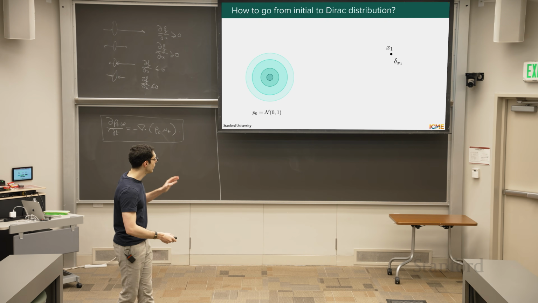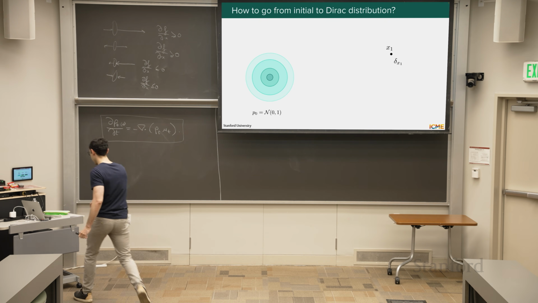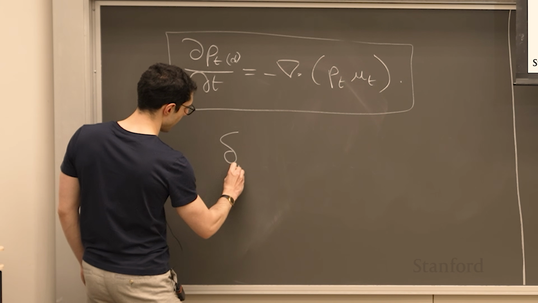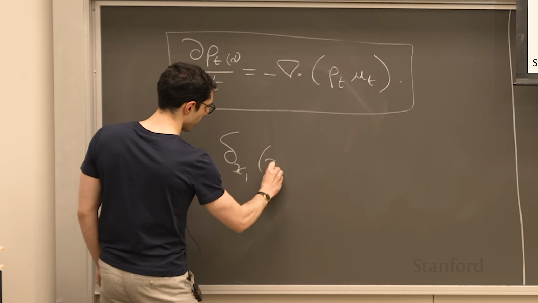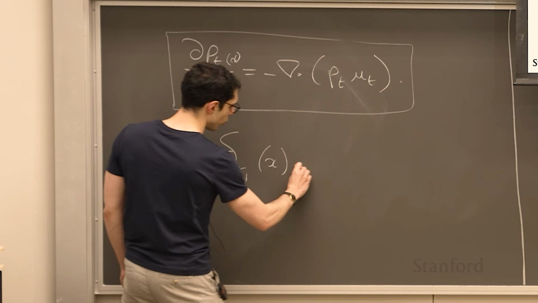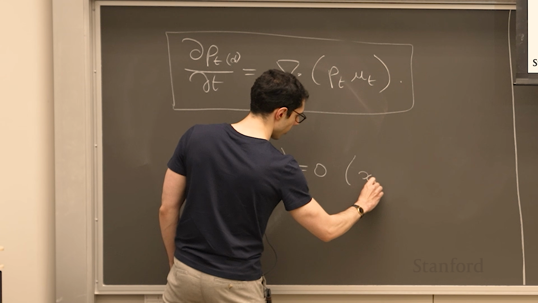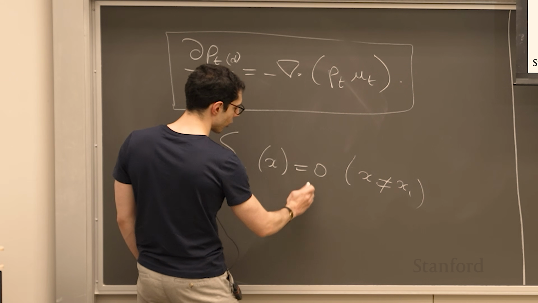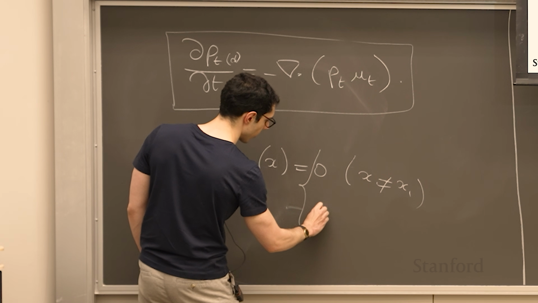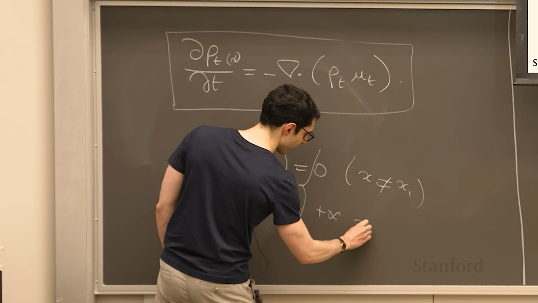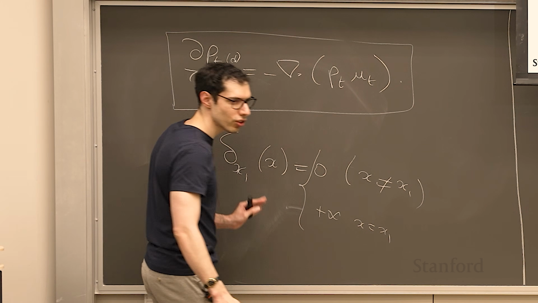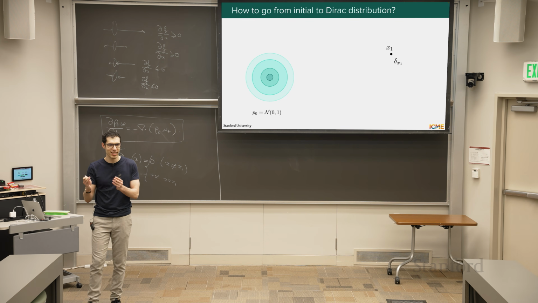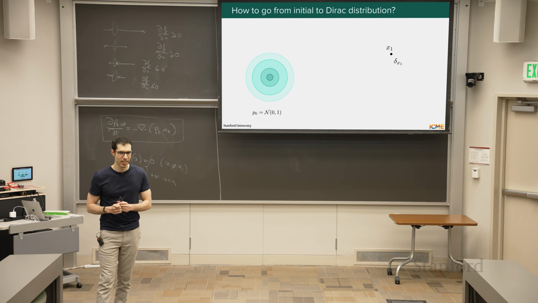So here, delta x1 of x is going to be 0 if x is different than x1. And otherwise, it will be actually a very high number. So typically, people say, let's say infinity. But of course, it's infinity, but the integral of this distribution, like the density, needs to be 1. So long story short,